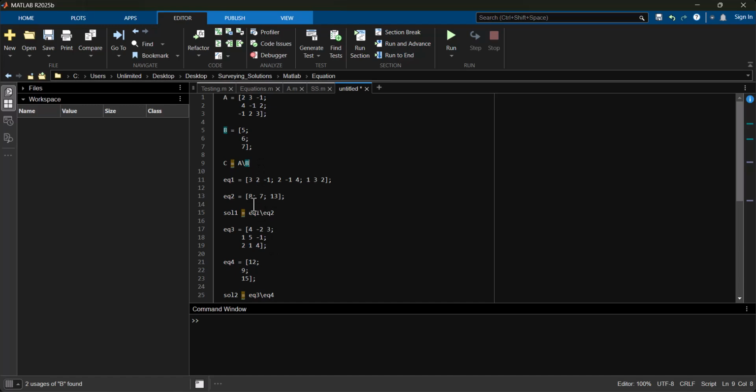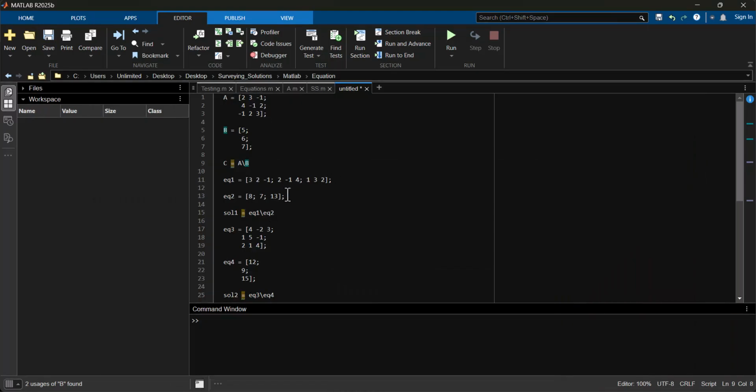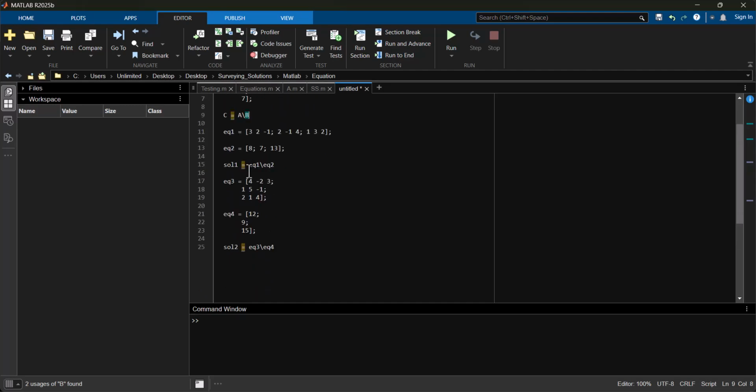And then for the second equation, which is for the unknowns, if you also look closely, you will see 8, 7, and 13. And this 8, 7, and 13 represents the constants. So instead of writing it vertically here, we wrote it horizontally. However, note that the semicolon means it's going on a new line. So the last one is equation 3, which we have extracted the